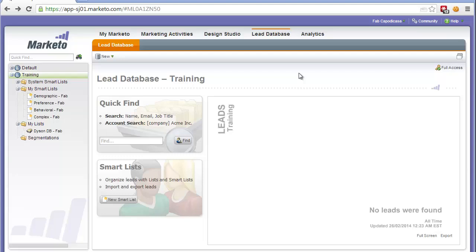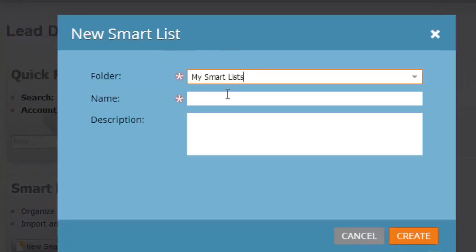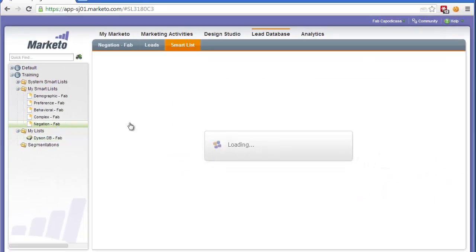Any of the filters we covered when creating smart lists, be it demographic, preference, behavioral, or complex, can also be used as negation filters. What I mean by that is you can segment on something not being true. For example, let's create a sample smart list called negation, add your name, and we're going to show you examples